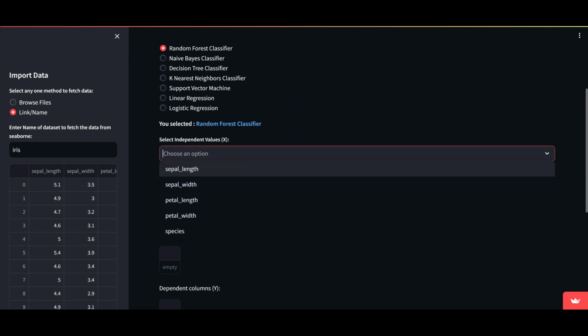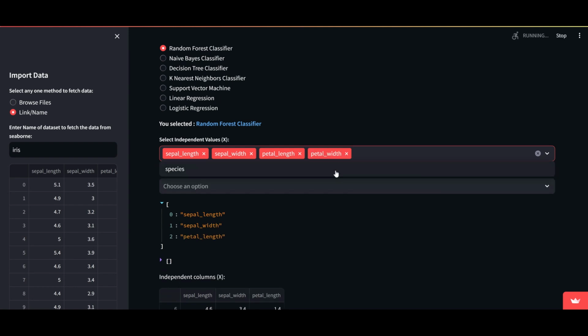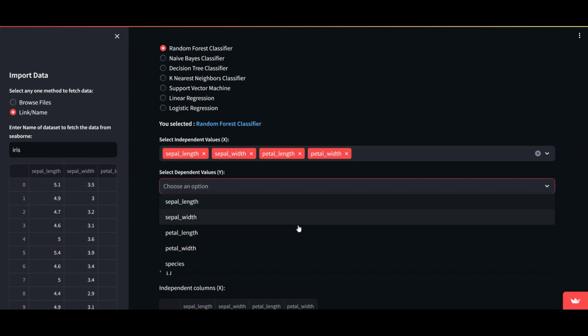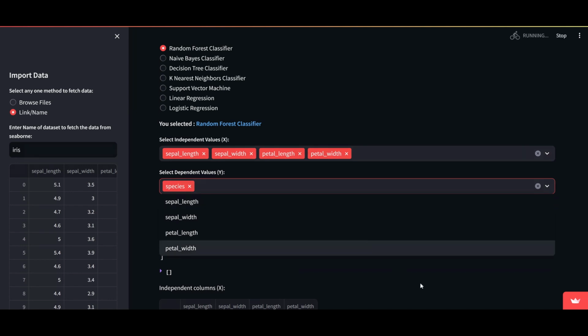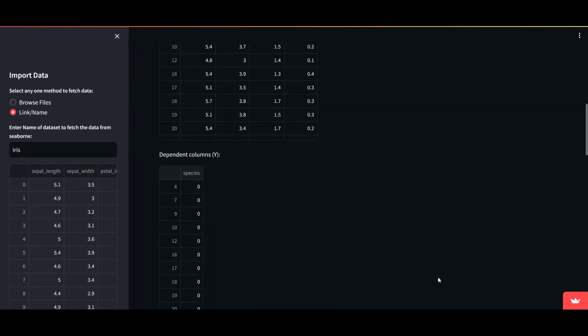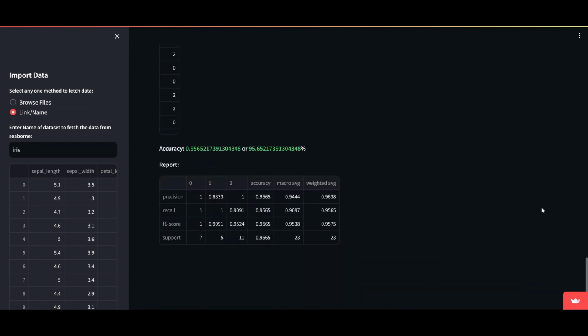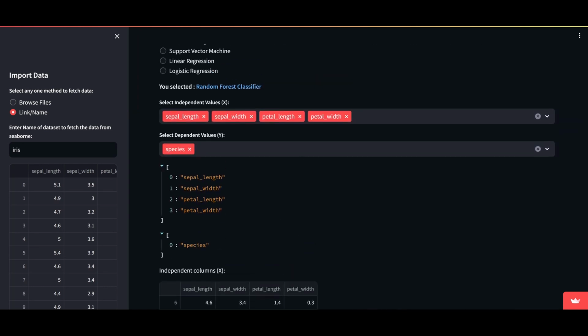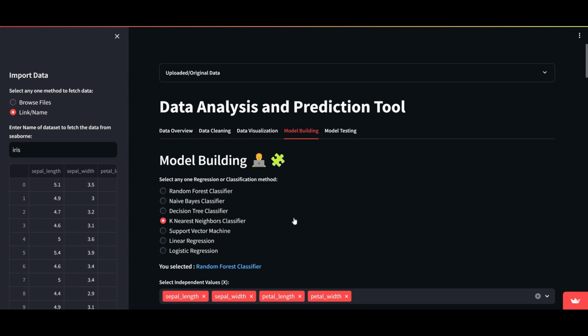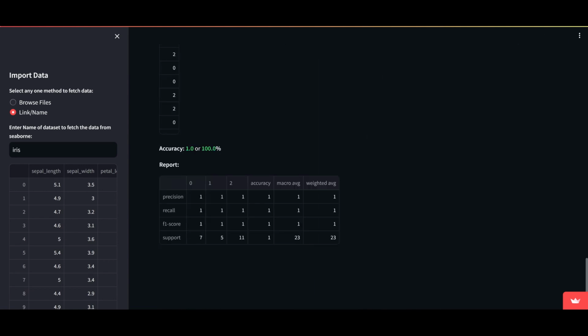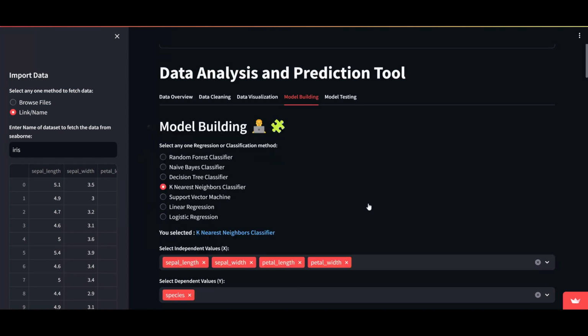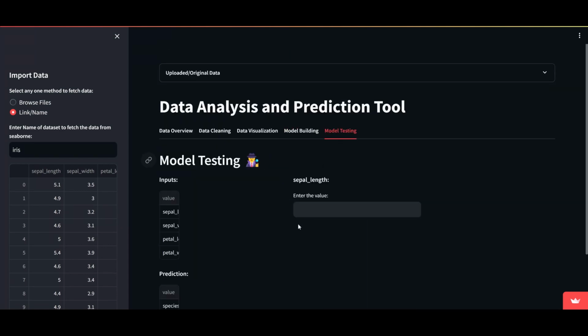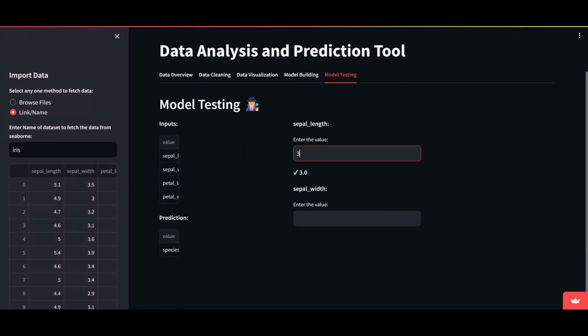Next, choose the columns that are independent and the columns that you want to predict. Drag below, and you can see the accuracy of the dataset. We can change the ML algorithm to increase the accuracy. After training the model, we can test the model. Input the parameters one by one, and at last we can see